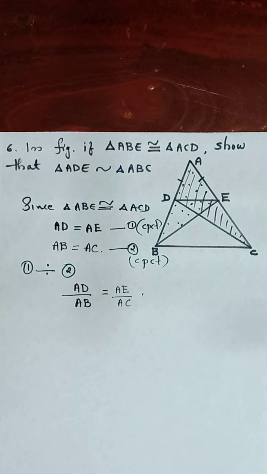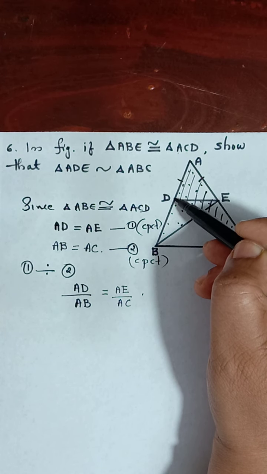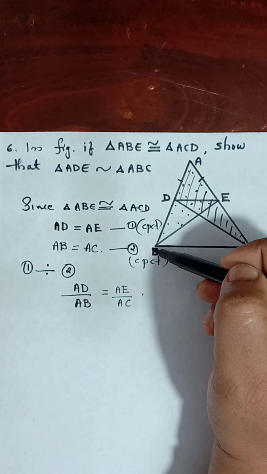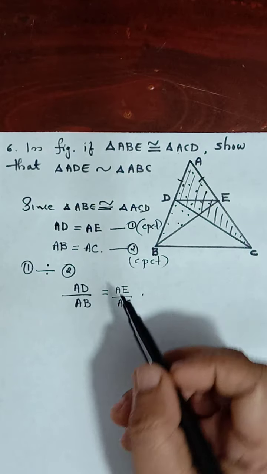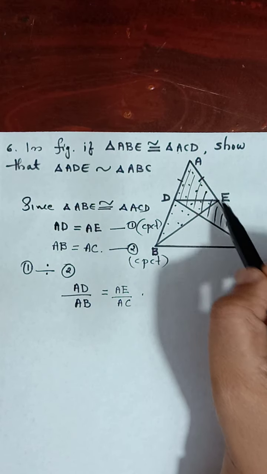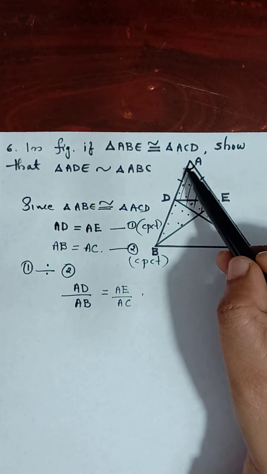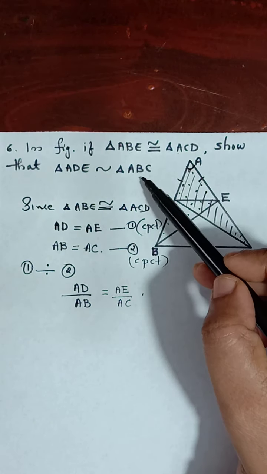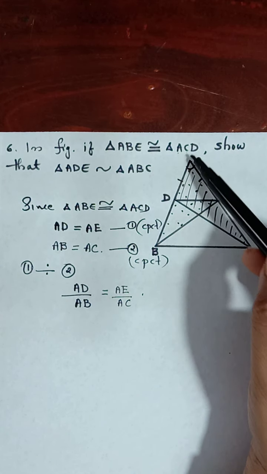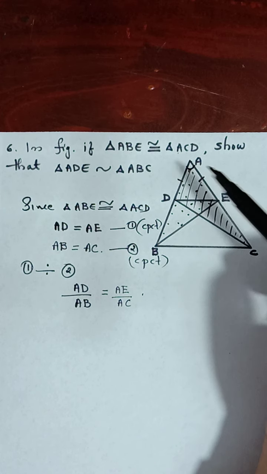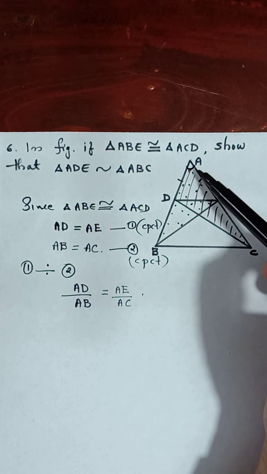Okay. So don't you get the proportionality? AD by AB, of the small triangle by the big one, equals AE by AC. And if we are considering these two sides, isn't angle A the included angle for both these triangles, common for both the triangles, and the included side also? For AD and AE, this is the included angle. For AB and AC, angle A is the included angle.